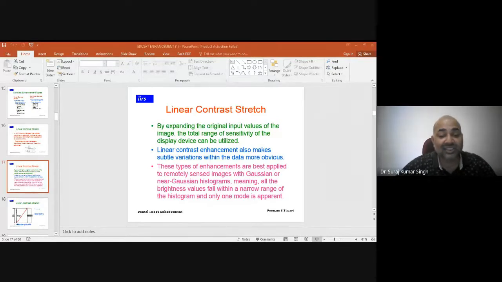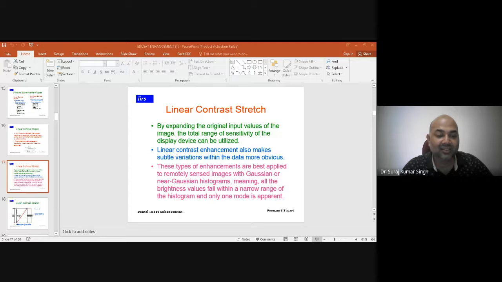So to stretch the data between 0 to 255, the equation takes this form. The same equation is simplified into y equal to x minus x min divided by x max minus x min, into 255.